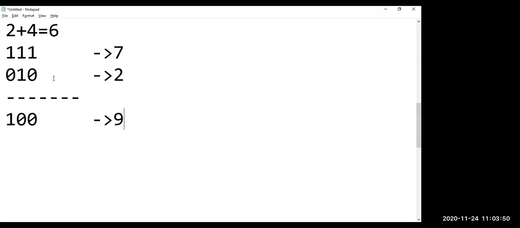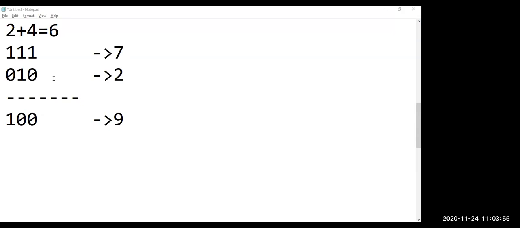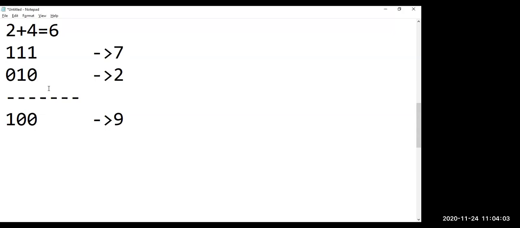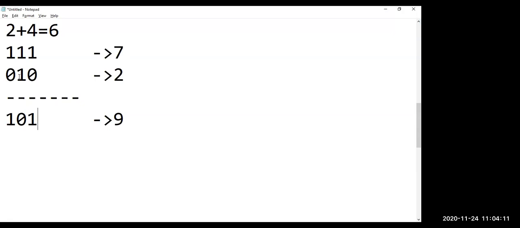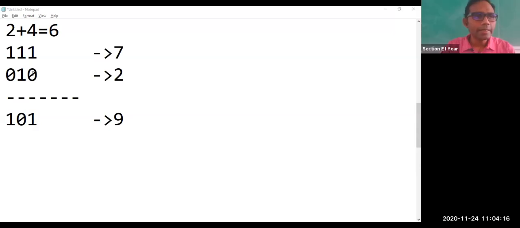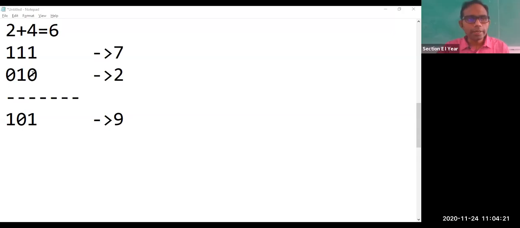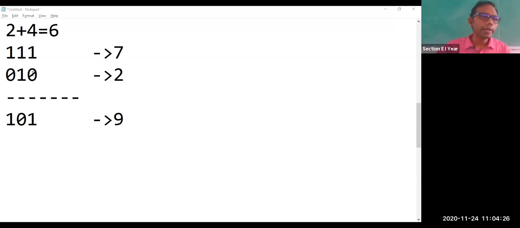Initially, what we are going to get here is 0 plus 1. What is the result? No, don't tell me the entire answer. Let us concentrate on bits. 1 plus 0? 1. Very good. Then 1 plus 1? 1 0. So you are going to write 0 and 1 carry, right? Yes. Here we are going to get the result as 1 and 0. So 0 you are going to write here and 1 will be sent as carry bit. So here you will be getting 1 again.